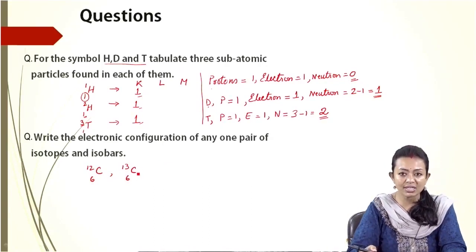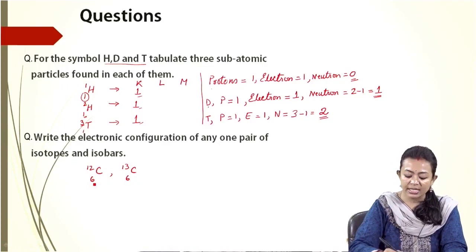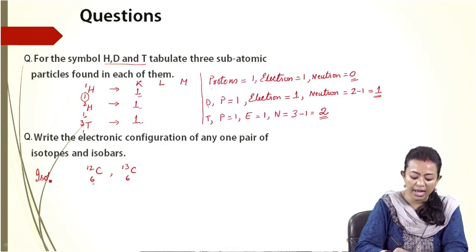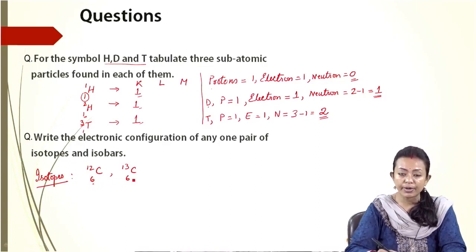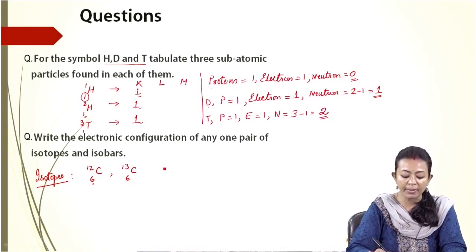So what would be its electronic configuration? This is a pair of isotopes, and as the number of electron is equal to the number of proton, here the atomic number is going to be 6. So in both the cases the electronic configuration would be